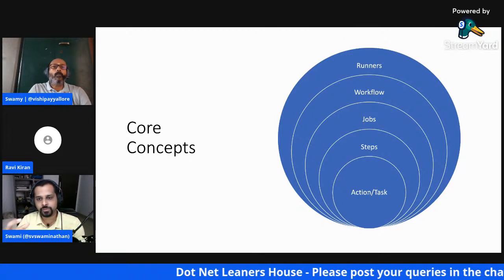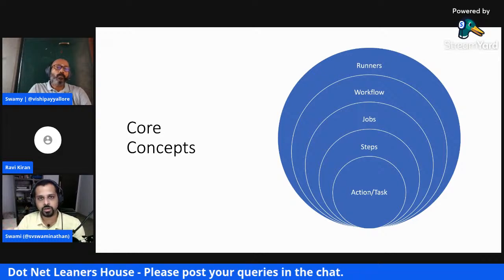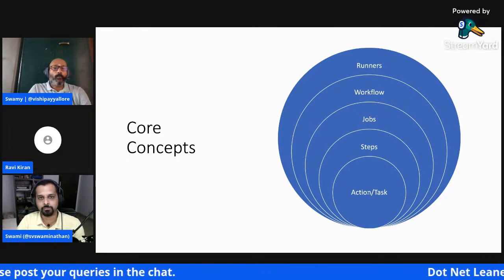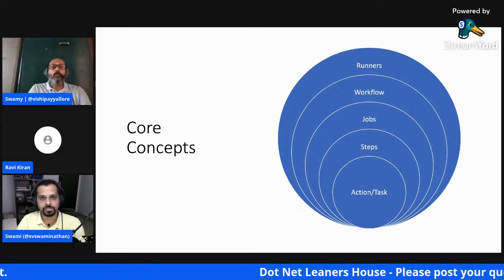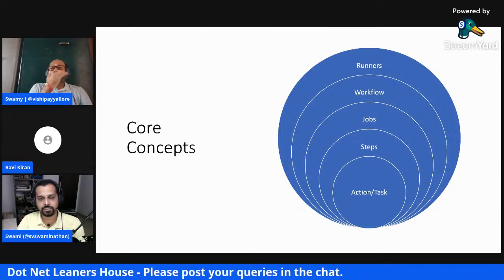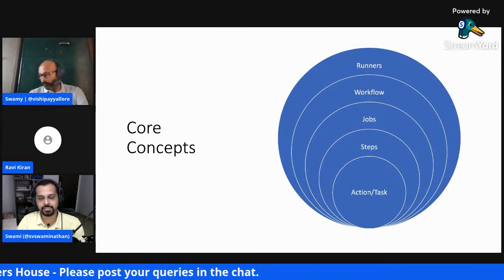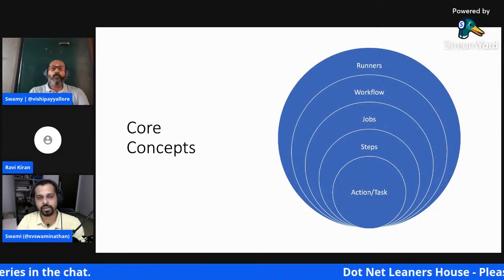And the execution of this workflow is done by the runners. So runners are the actual GitHub executable agents you can think of, right? If you're familiar with builds, we've always been looking at build agents in the past, right? If you have used TFS or anything, there is always a build agent. And even if you're coming from a Jenkins background, there will be a Jenkins master and a Jenkins slave, right? Those are like the build agents. That's where whatever steps you're creating are going to get executed, right? In the case of GitHub Actions, they are called runners.